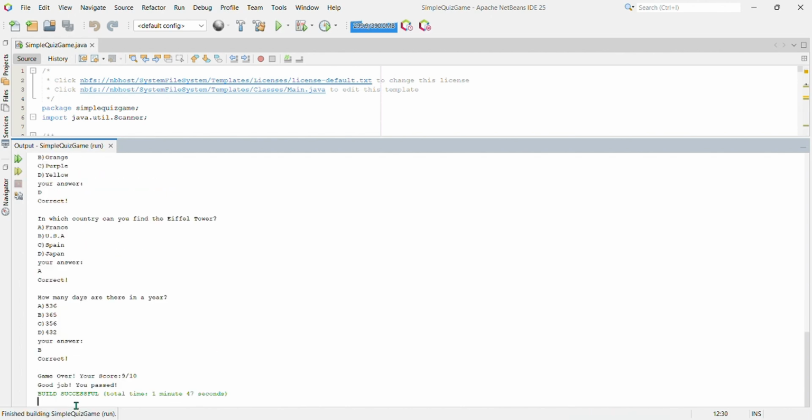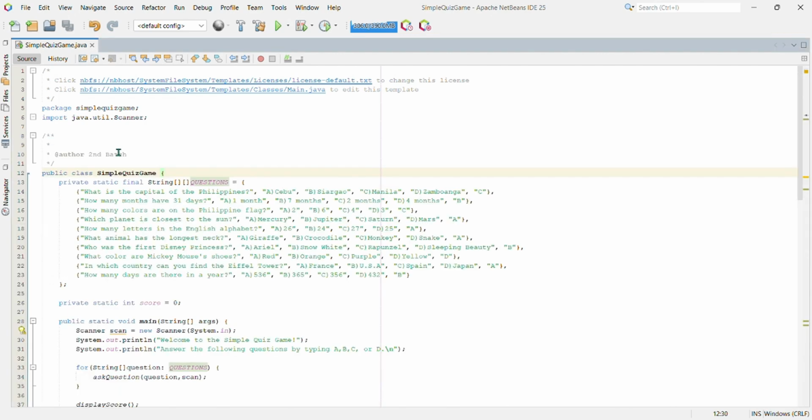So finally, after answering all questions, the program displays the final score. In this case, we got a passing score, resulting in a congratulatory message. But if the player hadn't achieved a passing score, a different message would have appeared. That concludes our presentation. We hope you enjoyed seeing how this program works.